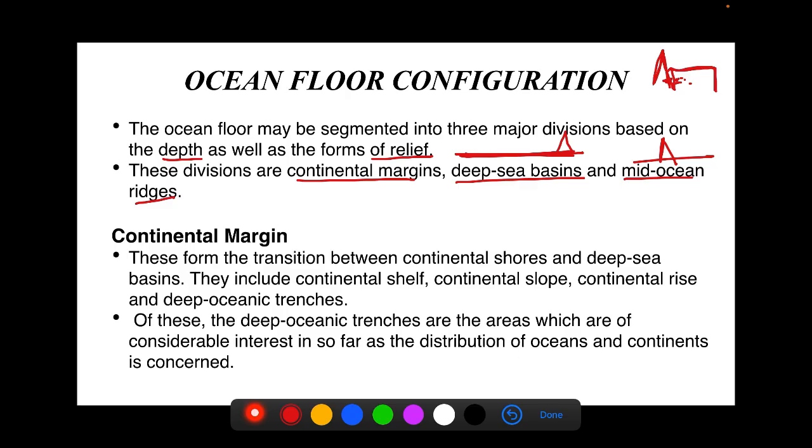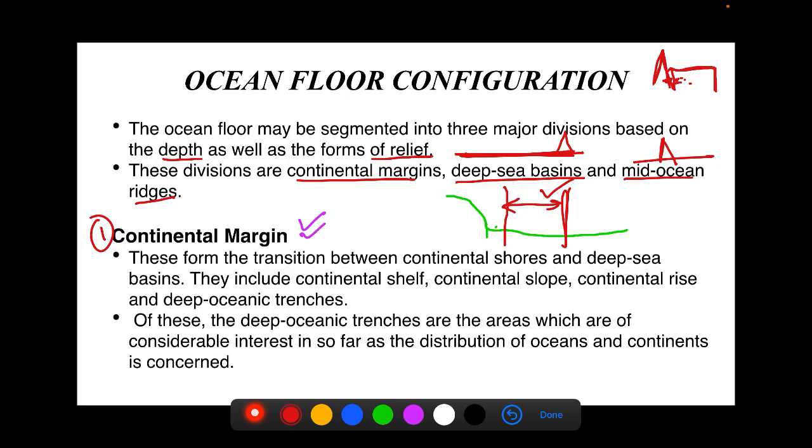The first part that we have to see is the continental margin. For understanding it, first we have to understand that whenever we go to beaches or to the sea, what we see is that there is land and then there is ocean water. But suddenly deep ocean does not start. Let's suppose that here the continent has ended and here deep sea has started. So there is some transition area between these two boundaries. This transition area is what is called the continental margin. Now let's study this in detail.